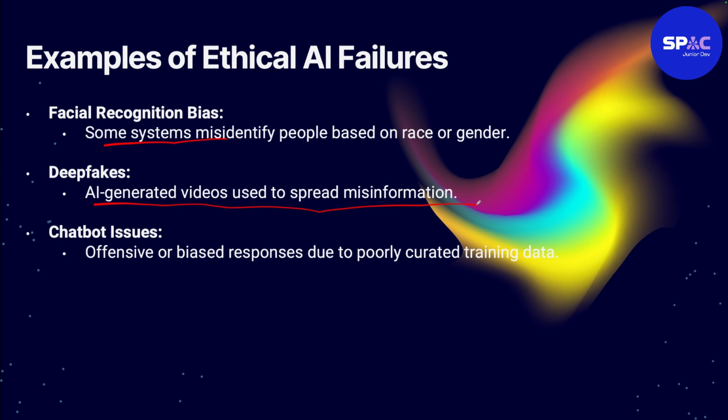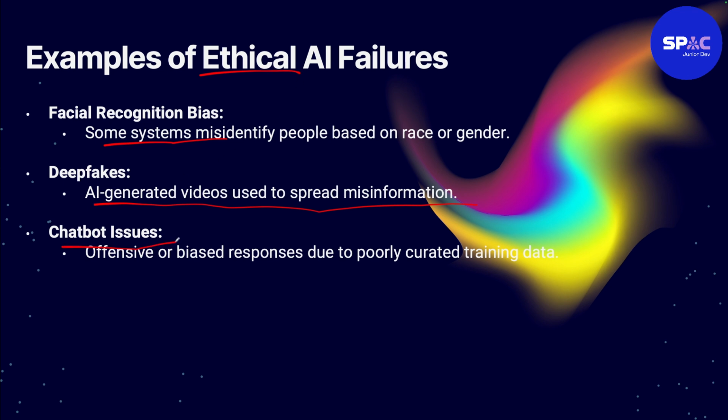So anybody can ask generative AI to create a video of any person, say the president of the United States. You give it content, and it will look real, and it might be used to spread misinformation, right? So that is why that is not good. Then we need to have ethics that say you cannot do that, and if you do that, you will be prosecuted, right? So that is one of the things.